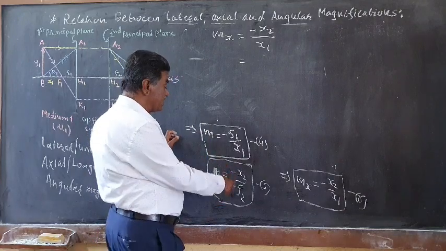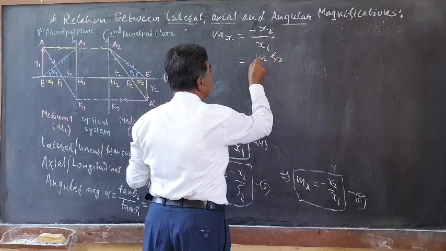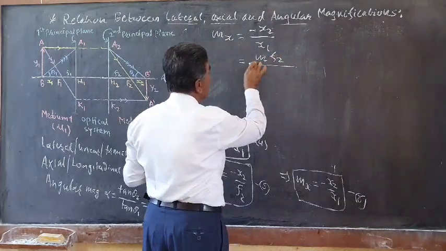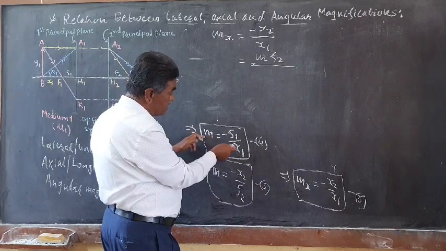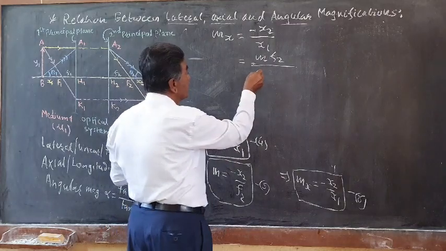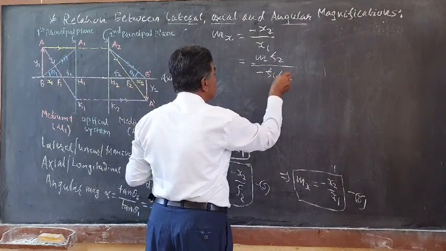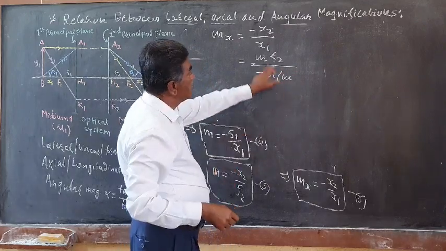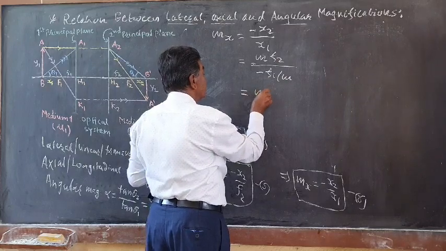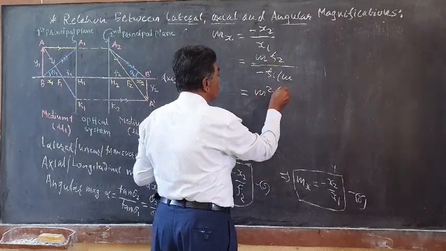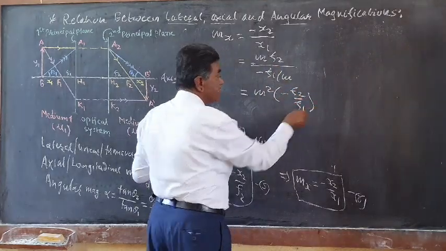So for that, minus x2 is equal to m f2, so we are getting m f2 divided by x1. Taking x1 to this side, it becomes minus f1 divided by m, so minus f1 divided by m. So this will be equal to, m goes to this side, so it becomes m square, and we are getting minus f2 divided by f1. So we are getting an equation like this.